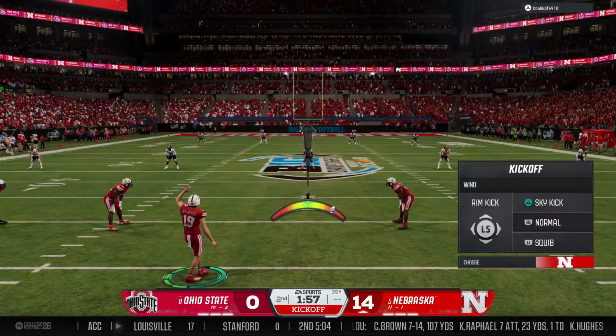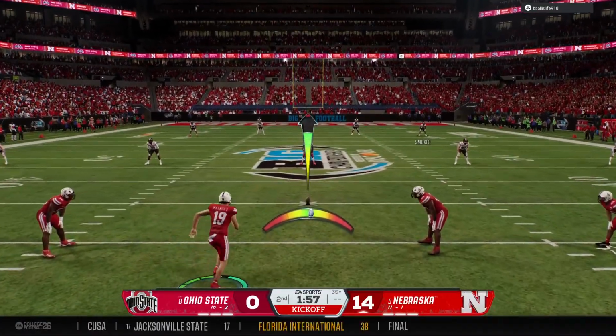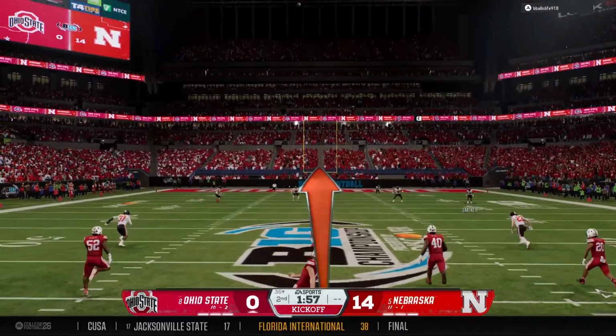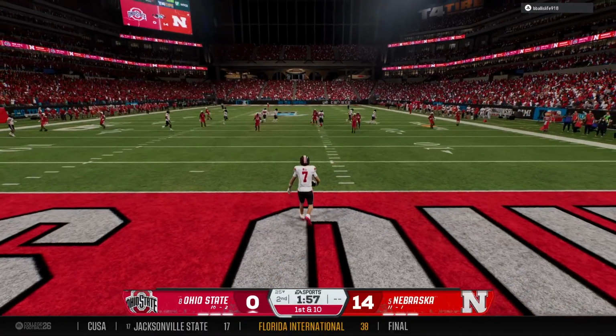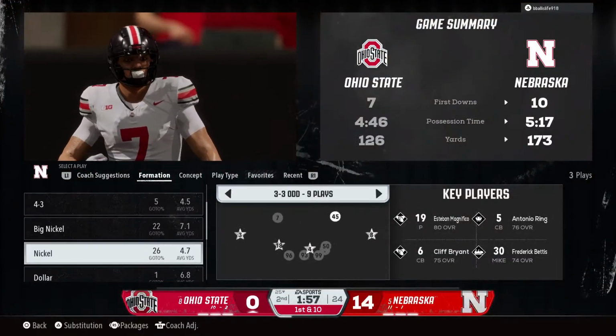So after putting up the touchdown, the kickoff team is out there to boot it away. And he'll lead the kickoff right there. They'll start from the 25.